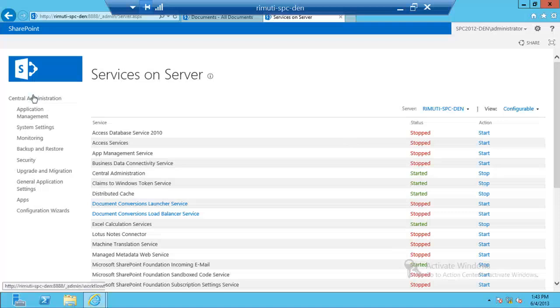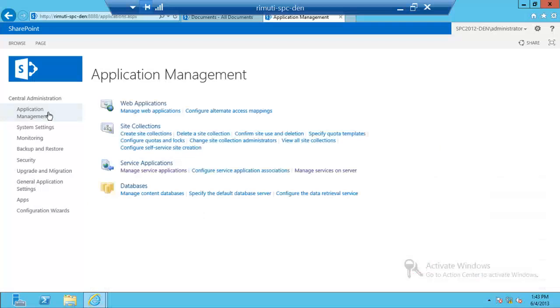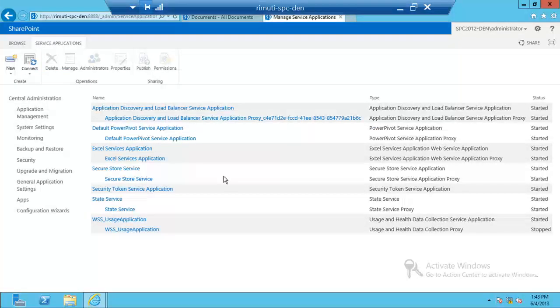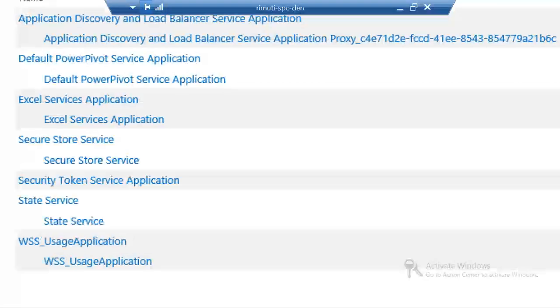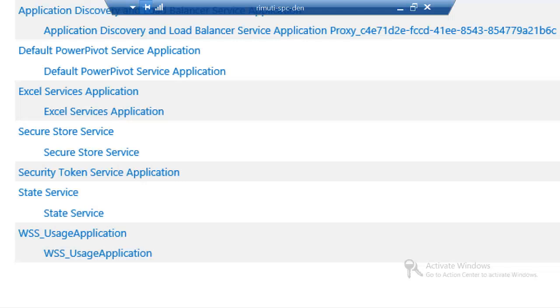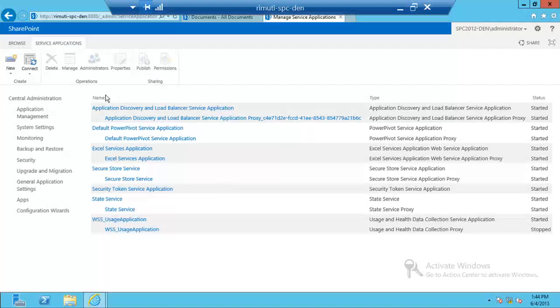But we don't actually have an instance of a service application created. So all the service application and web application configuration you can find under the section called Application Management. And there's a link here for Managed Service Applications. I'll click on that. And here are all the service applications that I have. You can see Power Pivot, which is what the Power Pivot config tool created, Excel Services, Secure Store. I don't have anything for reporting services yet. So I'm going to go New,